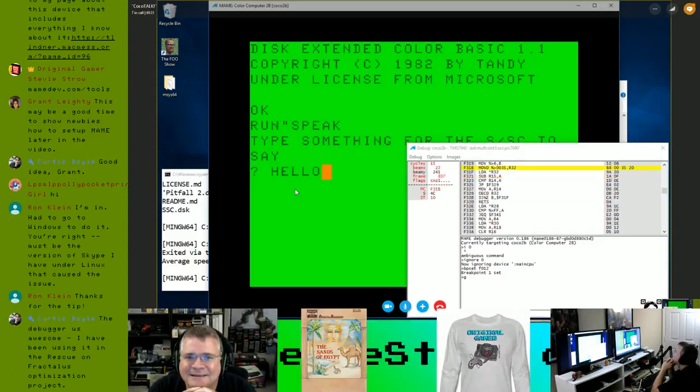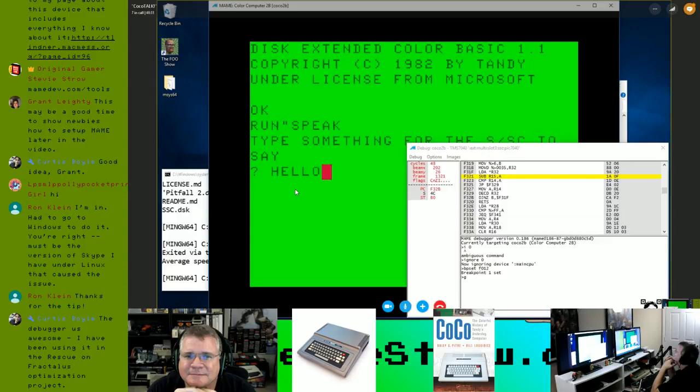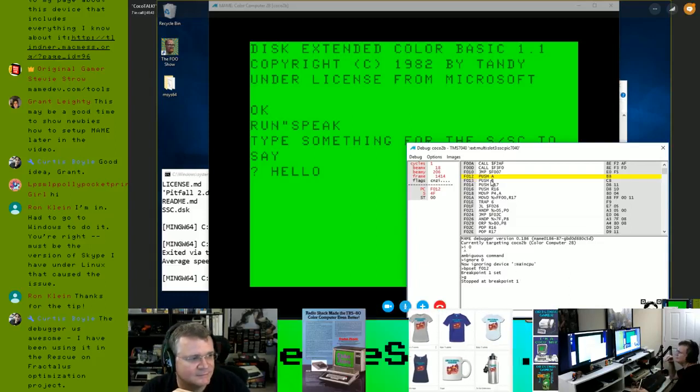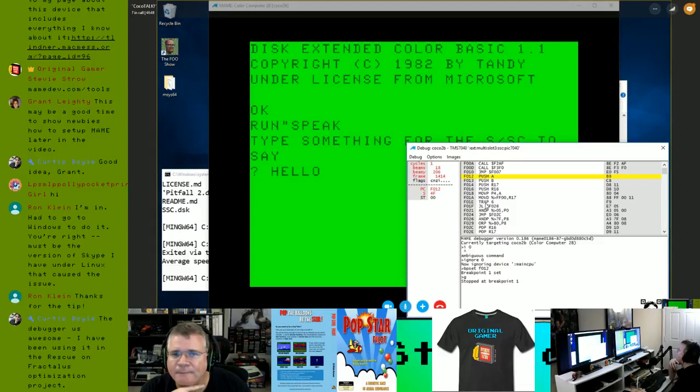So I set up a breakpoint to break at the microcontroller's interrupt for receiving data. So as soon as it receives data, it will stop. And we can see that the microcontroller stops at address F012. And this is the interrupt handler for receiving data from the color computer. If we let it run